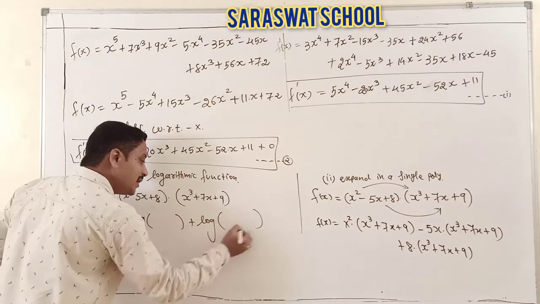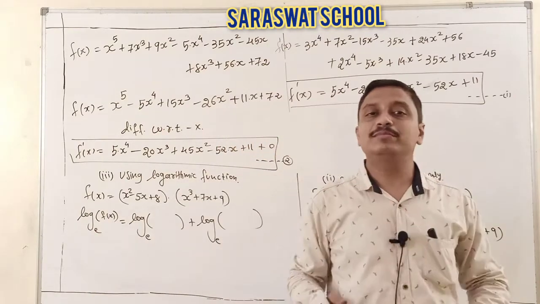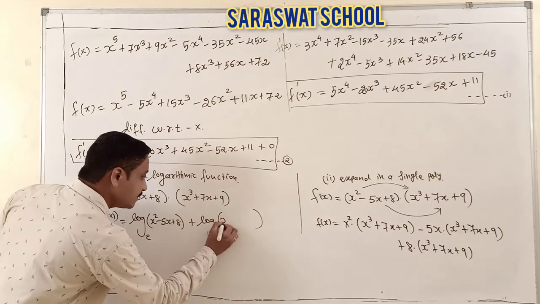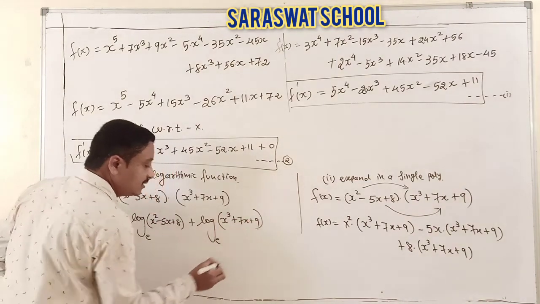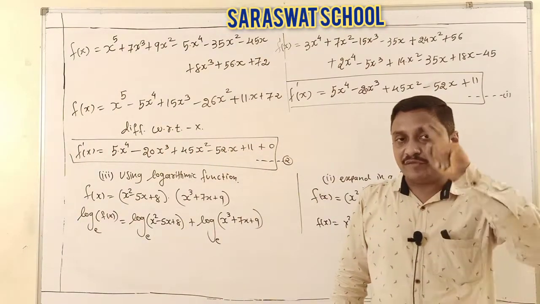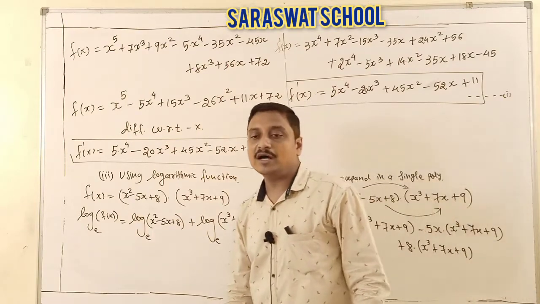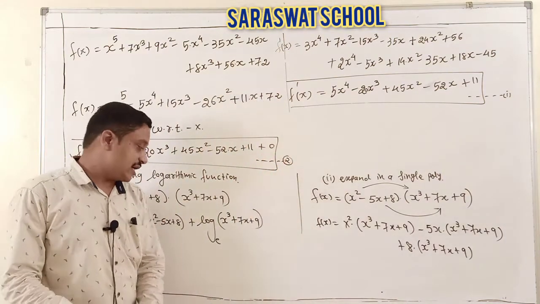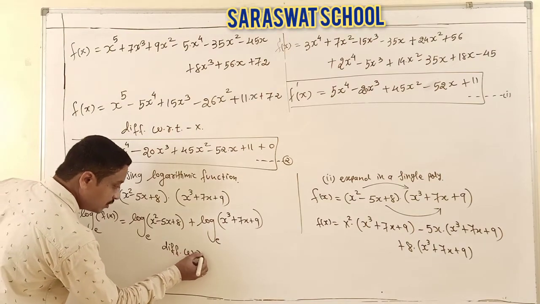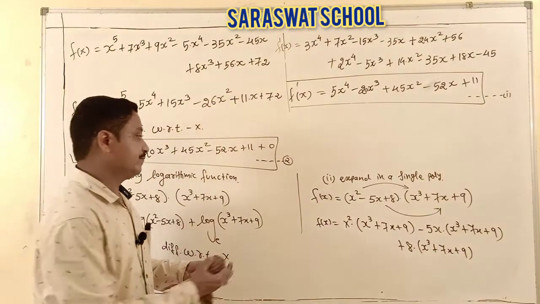Yes. If you apply the log base, a product must be translated into a sum. So log y = log(x² − 5x + 8) + log(x³ + 7x + 9). Now finally, students, I start the derivative slowly. Surely equation 1, equation 2 and this third equation derivative give the same answer. So I start differentiation with respect to x, and one by one I go ahead with my derivative.